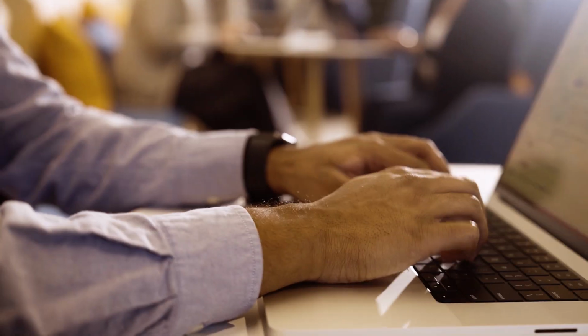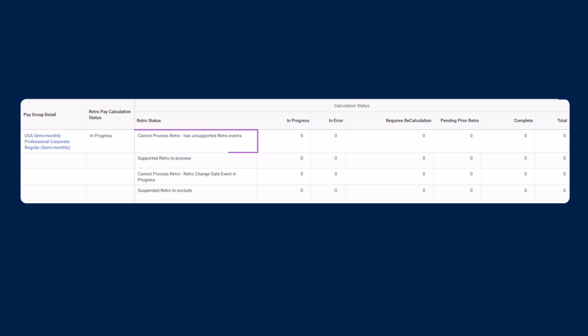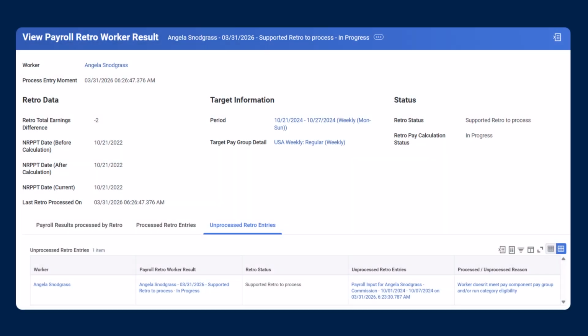Workday identifies some retro changes but does not calculate them. These are unsupported retroactive event types. Workday identifies these transactions so you can input the necessary adjustments. You can also have a worker with a supported retro event, but certain factors cause it to be an unprocessed